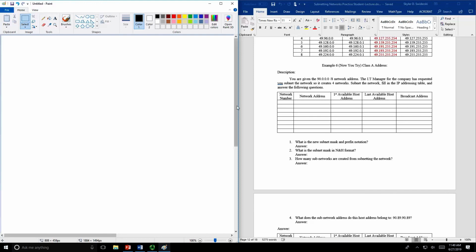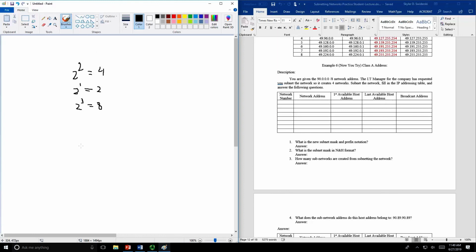So what does that mean? Well, we're only going to be taking 2 bits because 2 to the 2 equals 4, and if we only did 1, that would give us less, and if we did more, that would give us more. Because 2 to the 2 gives us the exact number, we're going to be using that. So there's no point of grabbing more